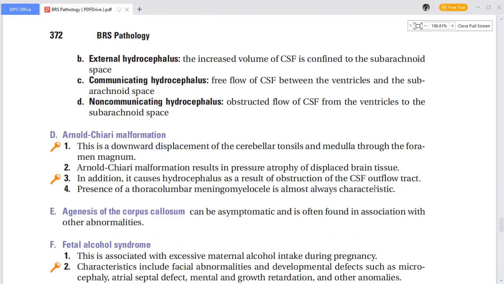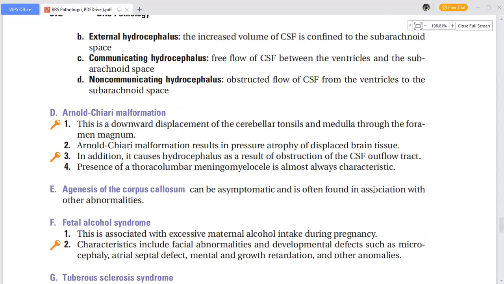Let's just continue, we finish up with this. So remember what I said, if you have increased CSF in the skull, you're going to have increased intracranial pressure. That can lead to herniation, because CSF is going to move. If you go back to the Monro-Kellie hypothesis, CSF will move blood, and then at the end of the day,